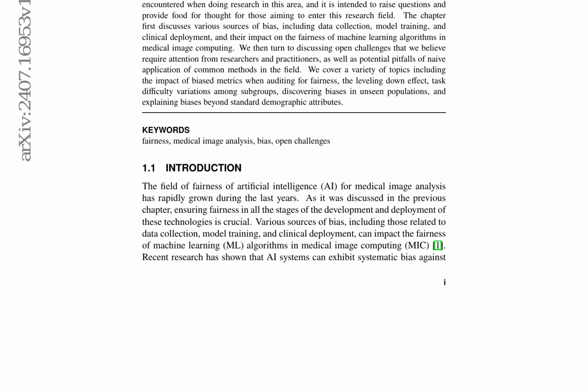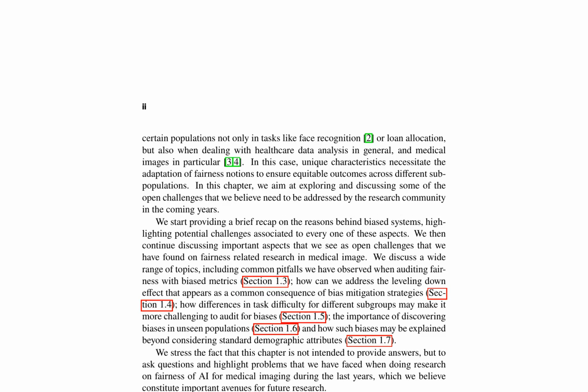Data imbalance is a major source of bias, often resulting in lower performance for underrepresented groups. Biases may also emerge due to differences in imaging data properties between protected groups, domain shift, and spurious correlations via shortcut learning. The chapter highlights several open challenges that need to be addressed, including the impact of biased metrics when